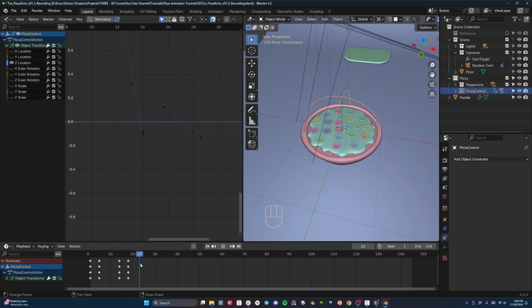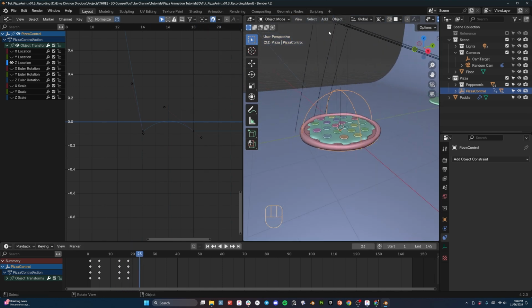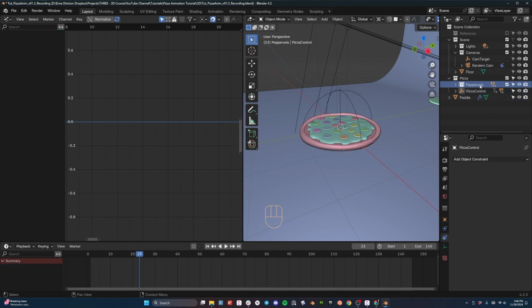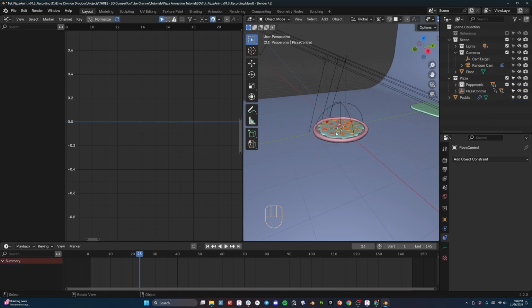Now, we want the pepperonis to pop in to place after this. So they fall, and then about here, we want the pepperonis to be up in the air and fall right onto the top of the cheese. So I'm going to right-click on my pepperoni objects, select objects, and then at this point, I want to hit G and Z,